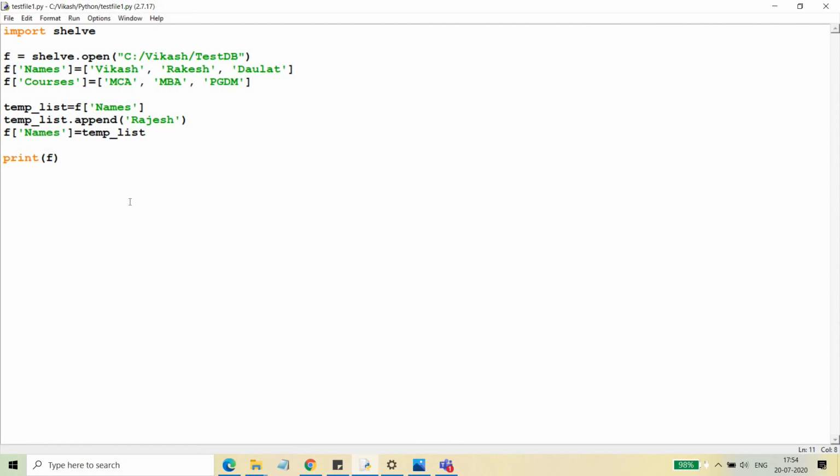Alright, so this was all for today. You can note down the difference between shelves and pickle, and both are very useful in their own context. As per your need, you can use either pickle or shelves, right? So that's it for all the file handling stuff, and I don't think there is much to discuss about file handling in Python anymore. So in the next video, if I find something to practice on file handling, I will provide it to you.